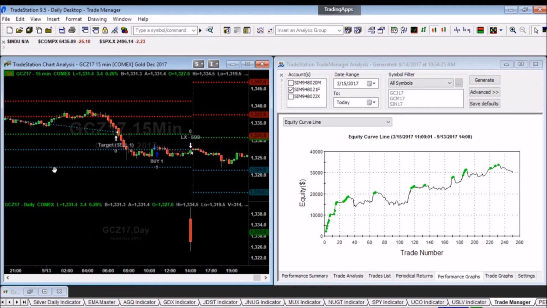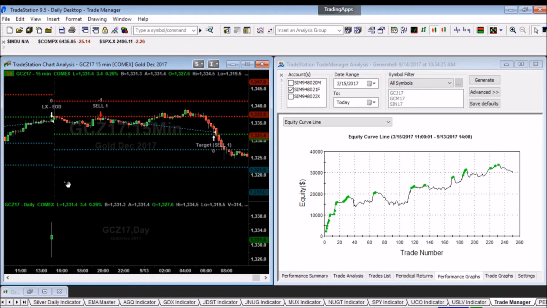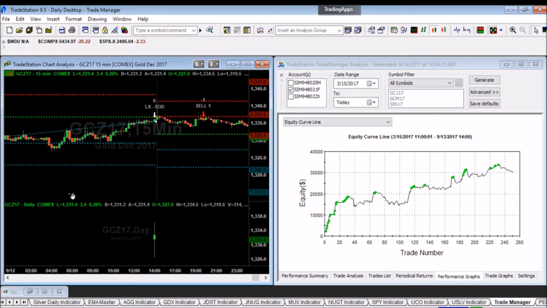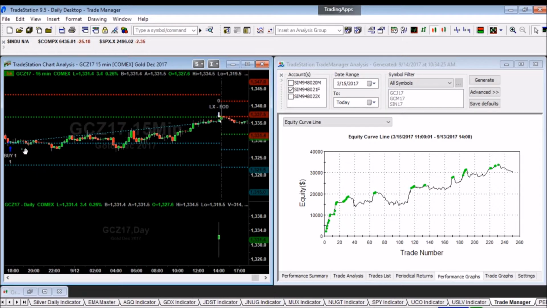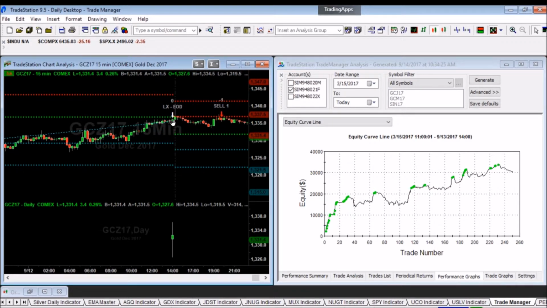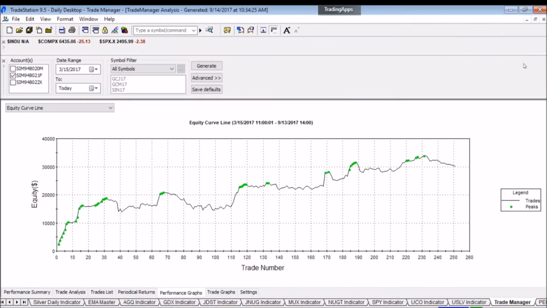Okay, and if you go back to all of the automated signals here that have been activated on previous days, each of these windows signifies a trading date. You can see here another buy signal that was activated and was taken out on the target as anticipated the previous day. What you see here on the right is the equity curve that we've been able to produce in a total of about 250 trades,